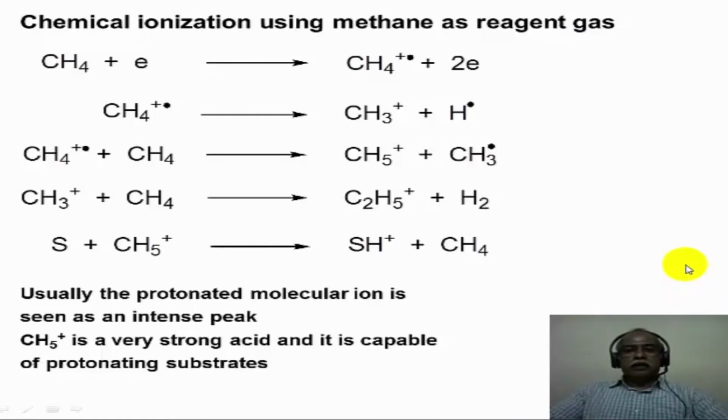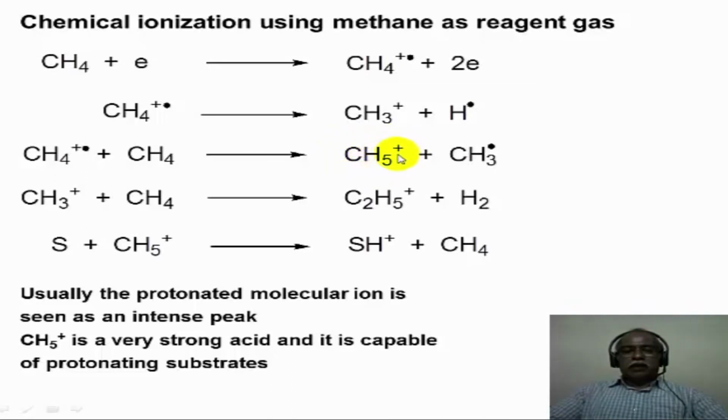When methane is used as a reagent gas, the following chemical reaction takes place in the ionization chamber. Essentially, the concentration of methane is much higher than the substrate, so the electron beam interacts with the methane, producing the methane cation radical initially by the ionization of a methane molecule interacting with 70 electron volt electron beams. The methane cation radical loses a hydrogen atom to produce a methyl cation, or it reacts with another molecule of methane in a bimolecular gas phase reaction to produce the methonium ion, which is an oxonium kind of ion. This is a hypervalent carbon with a positive charge, so it is CH5+.